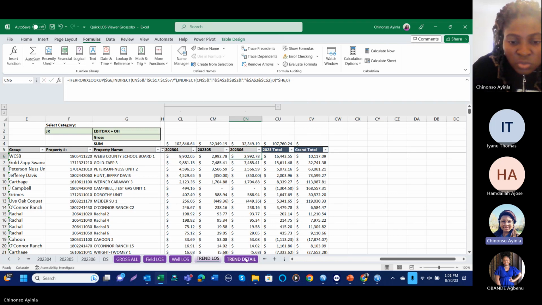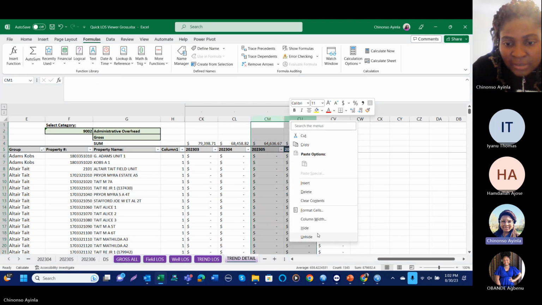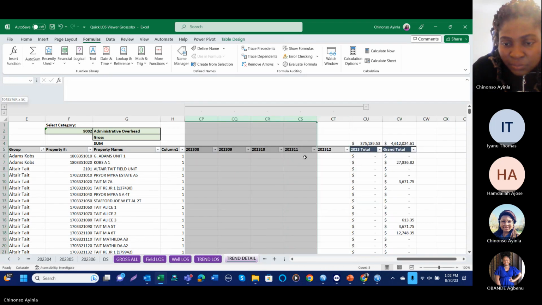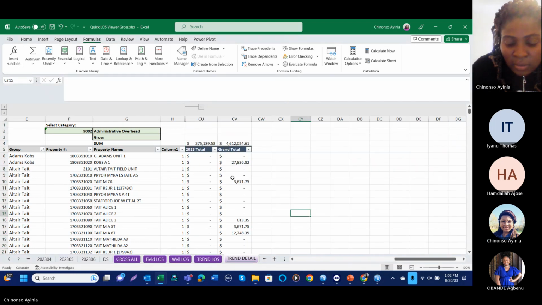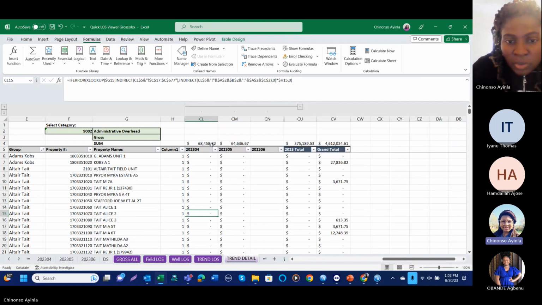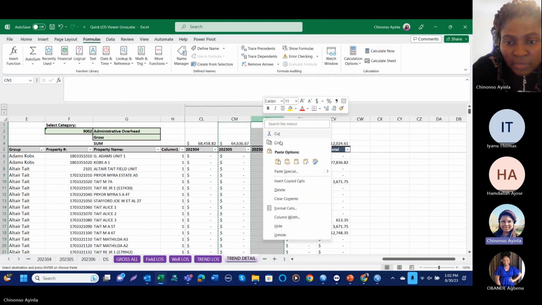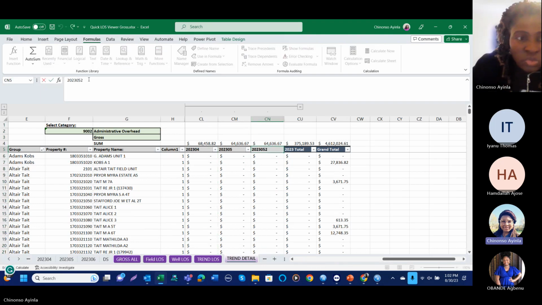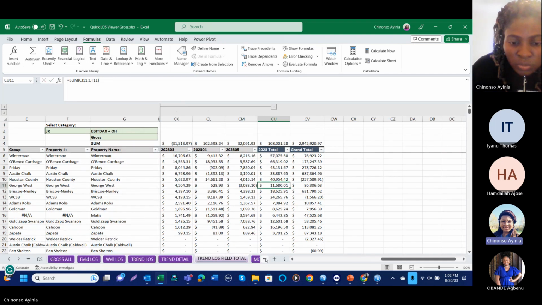Okay, then you go to trend detail. Unhide this. Hide the months you don't need. And then copy the formula here. Paste the formula. Change this into June. Then we go to